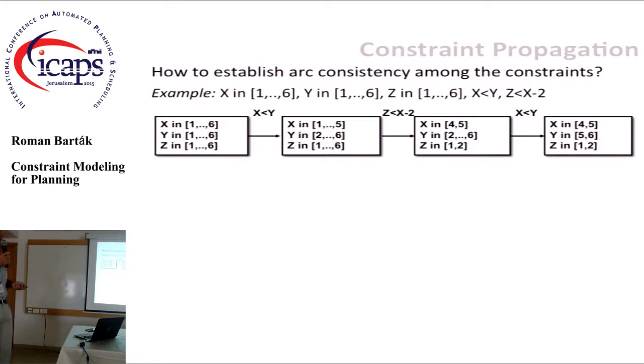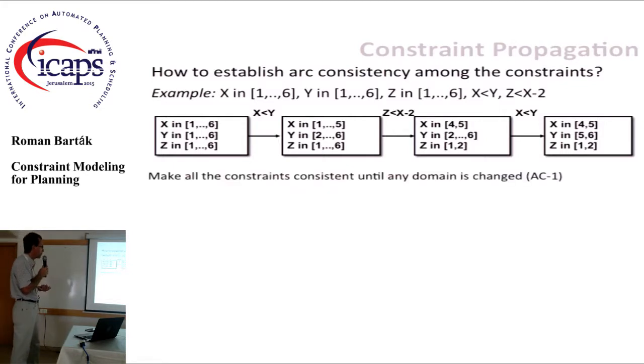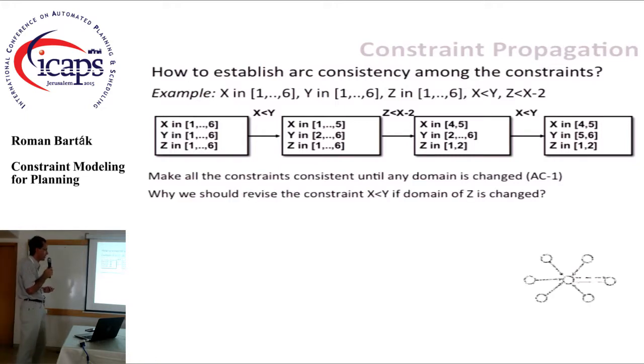And now this problem with this set of domains is arc consistent. You can verify that each of these constraints satisfies the property of arc consistency. So a simple procedure to achieve this consistency is repeating calls of the revise procedure for each constraint until no domain is changing. This is called AC1. It's not very efficient. The most widely used procedure for making the problem consistent is called AC3, and it's motivated